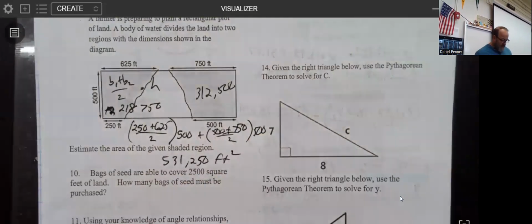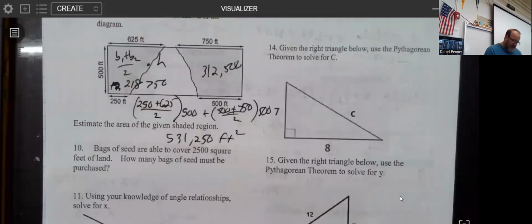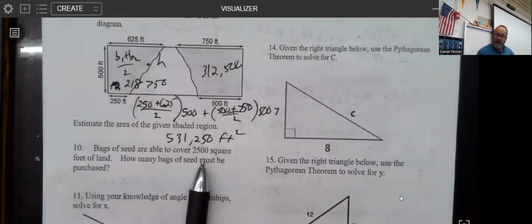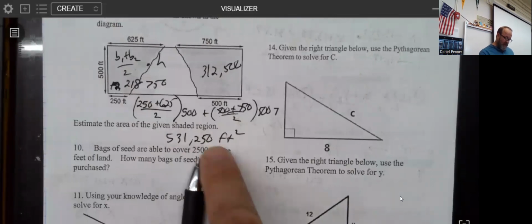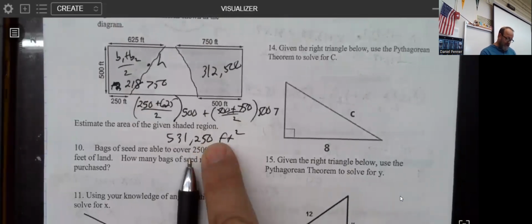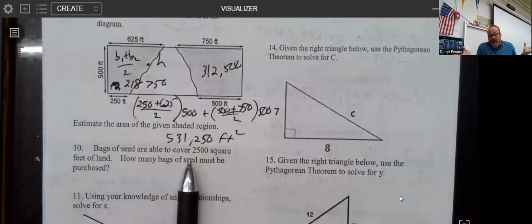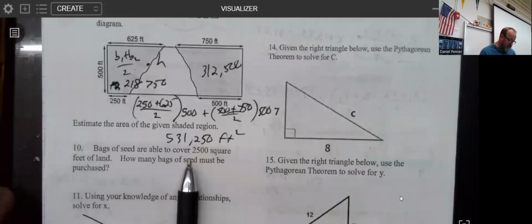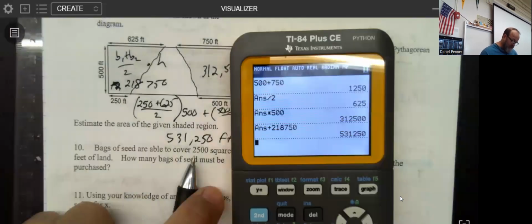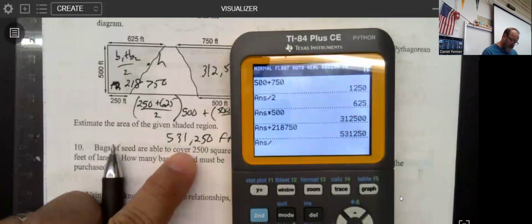Okay. Now, according to this, every time they buy a bag of a particular kind of seed, that's able to plant a crop that covers 2,500 square feet. So the question is, how many 2,500s would fit in that? And in this particular case, sometimes you multiply, that's how it works. In this case, every bag covers 2,500. So I'm trying to partition this into chunks of 2,500. So I'm going to divide